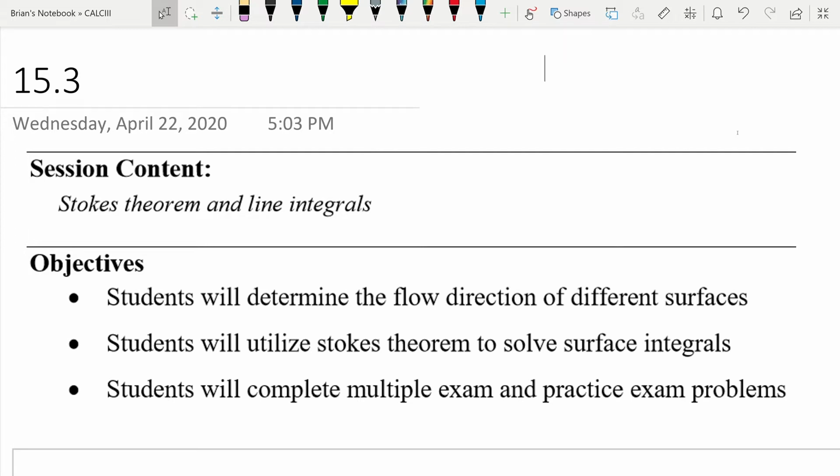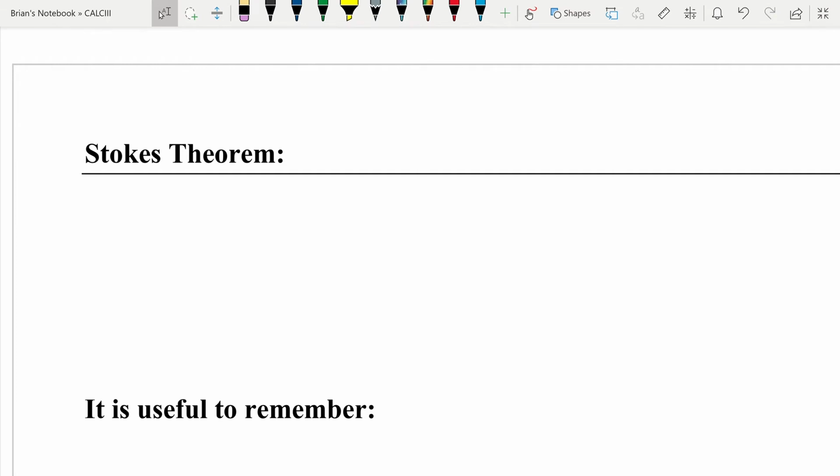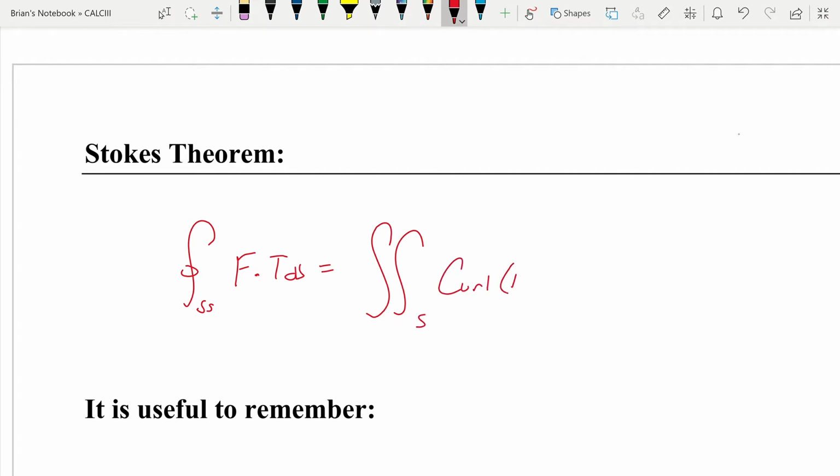But yes, so this is what we're going to be talking about today. Let's just dive right into it. So Stokes' Theorem, remember, we had the closed curve equation, the integral of F dot T ds. And that really isn't too important, because what's important is right here: this S, and we've got curl of F, and then we've got dot n